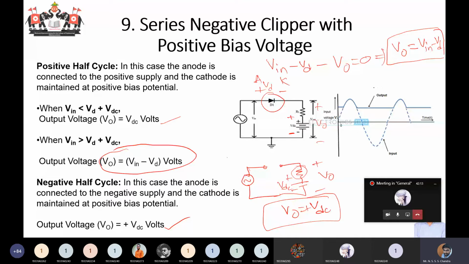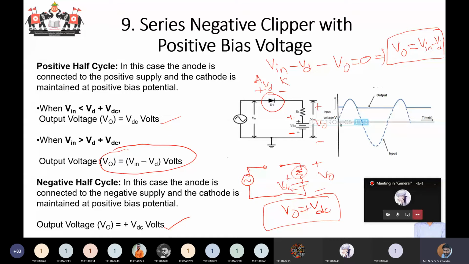Okay. So in the exam, two types of questions might be asked. They might mention the specific clipper name, and they may ask you to do the analysis along with the waveforms and the conditions. Otherwise, you may be asked to broadly explain and classify the clippers. So you may give one or two examples. You need not write all the 12 different circuits; 12 or more than 12 circuits are available.